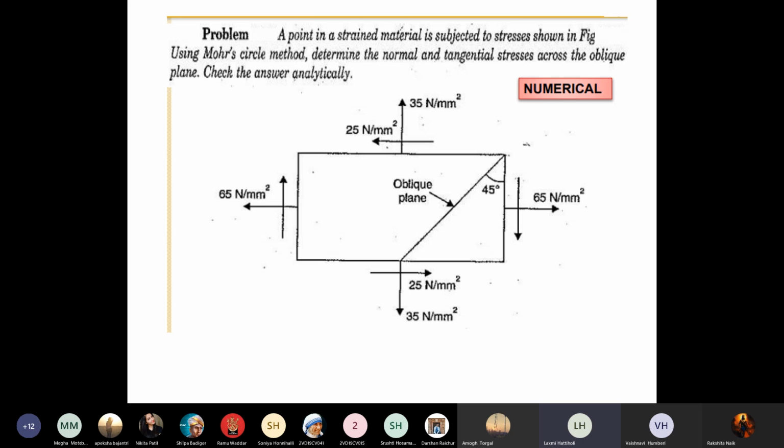In the direction of x, right? Because you're talking about the major stress, that is 65. So this is called the major axis. Now along the 65, the major axis is passing, and 35 Newton per mm square, as you can see here, is the minor